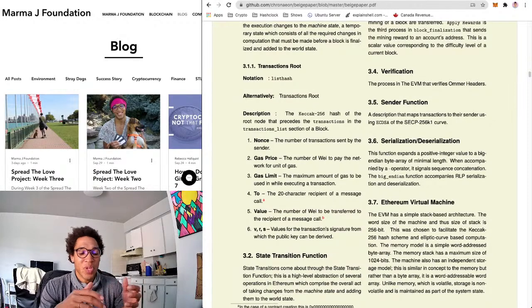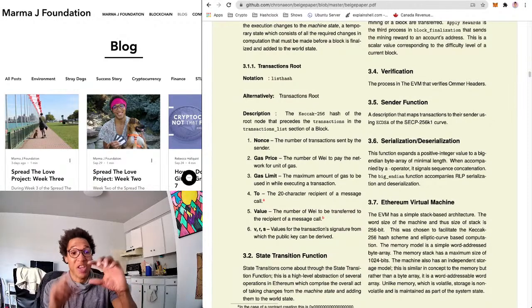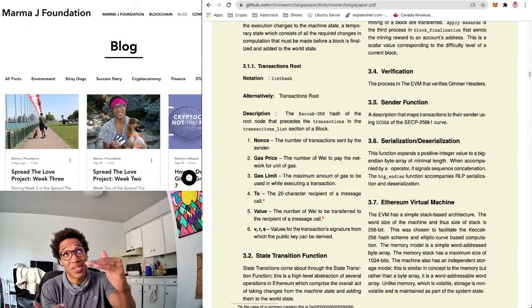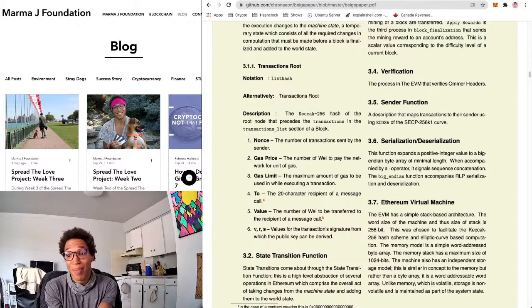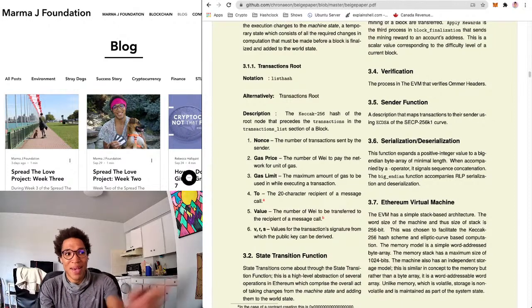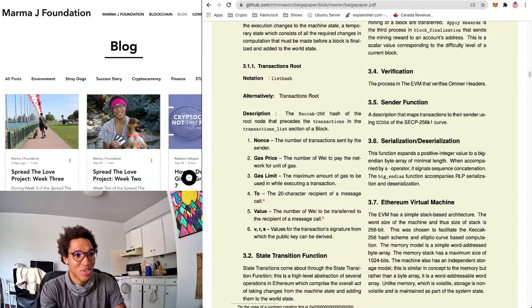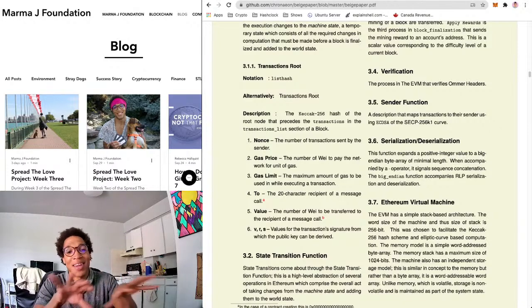So basically, if you're going to have a transactions list, you have a hash to prove that these transactions are supposed to be included. So it's very easy to prove. For example, if I take all these transactions in the transactions list and I hash them on my computer, and it's not the same hash as this transactions root, I'll be like, this is wrong. Now, I might not know exactly how to fix it, but I can know that it's wrong, and then I can at least figure, okay, this is not something I should sign.